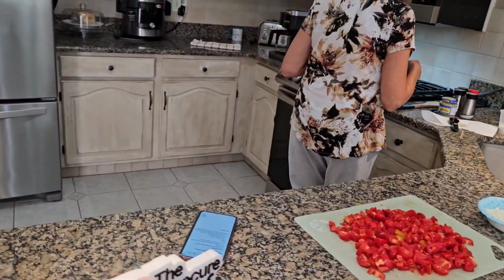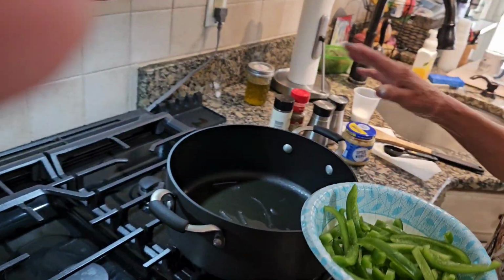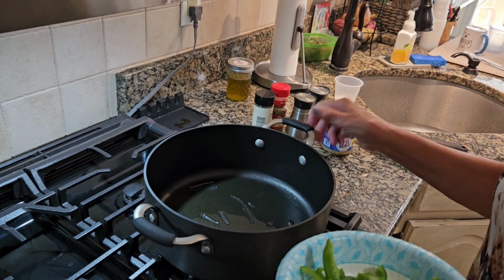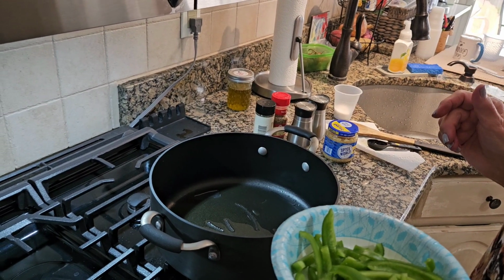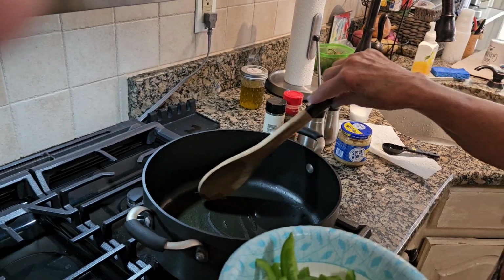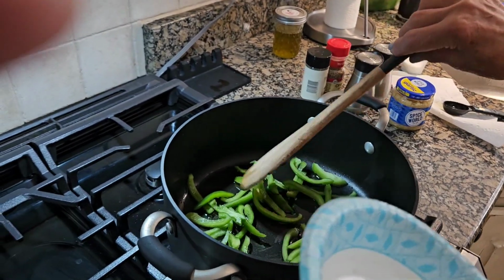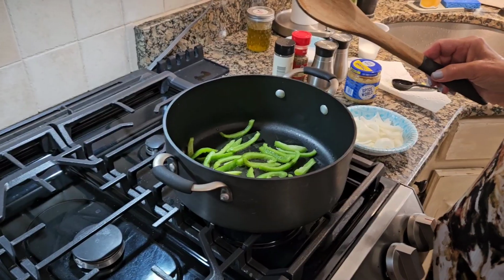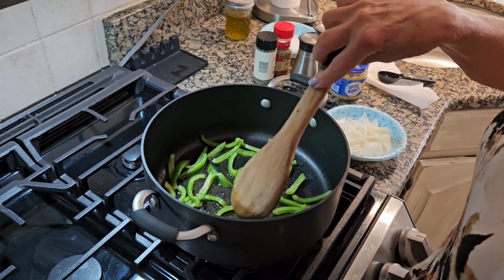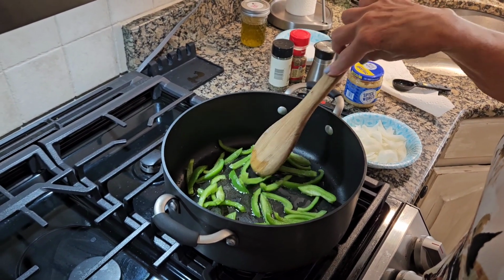All right, let me come around that side. When the oil is hot enough. It's getting there. Well, you don't want it to smoke, I guess. No. Okay. So these are starting to sizzle in the oil. I cut them in strips, and we're going to saute them until they become soft, and then we'll add the